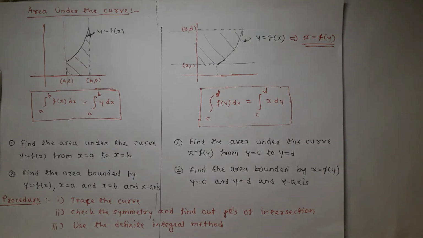To draw the curve from the given equation, I am giving you some hints which are sufficient as far as the objective type of questions are considered. Now first hint is that when the given equation does not contain any constant, means the constant term, if it is absent, the curve passes through the origin. Second point, to draw the curve, if the power of x is even, then the curve is symmetric about y-axis.